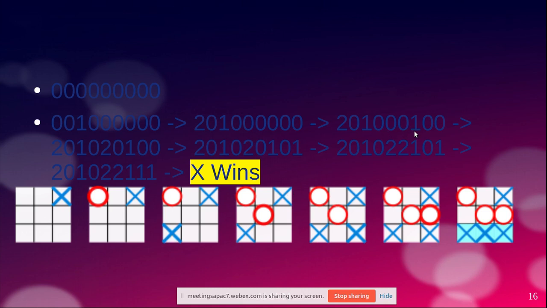So the seventh cell becomes 1. Other things remain the same. Then the machine wants to block the player from winning, therefore it selects cell number 5. So cell number 5 becomes 2. Then cell number 9 becomes 1. Then cell number 6 becomes 2. Then finally the user places cell number 8 with a 1, and all three ones are there in a series, and X wins. Now the computer is seeing the game like this. We are seeing the game like this.